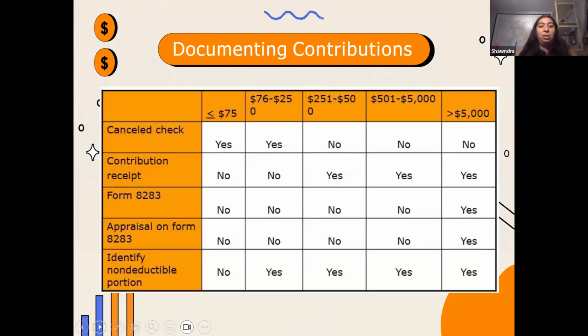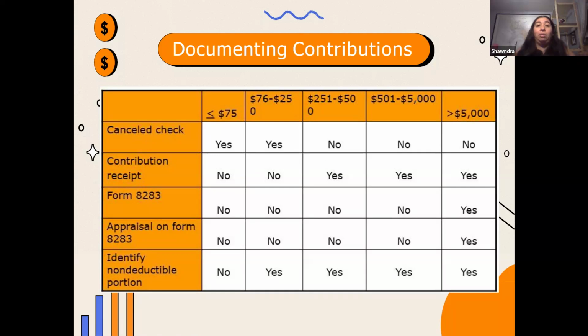Documentation of contributions. This just kind of shows you, do you want canceled checks? Yes, you want canceled checks for basically everything between $0 and $250. You want to show canceled checks. When you're getting up into the $250 to over $5,000 price